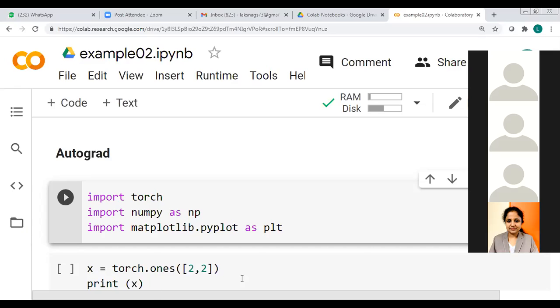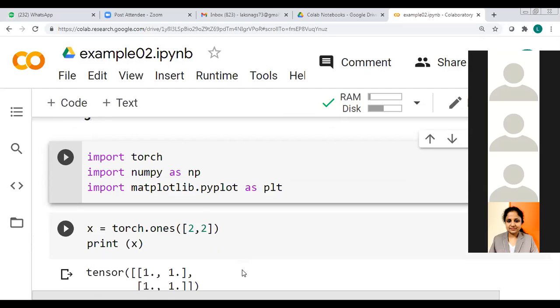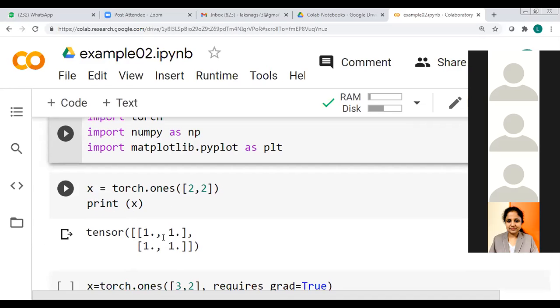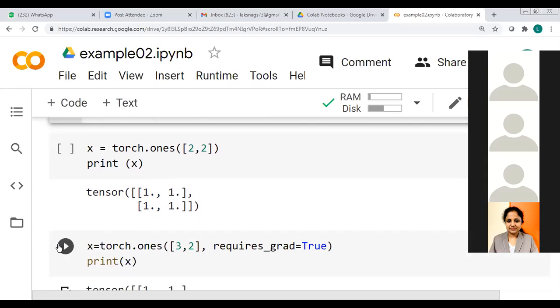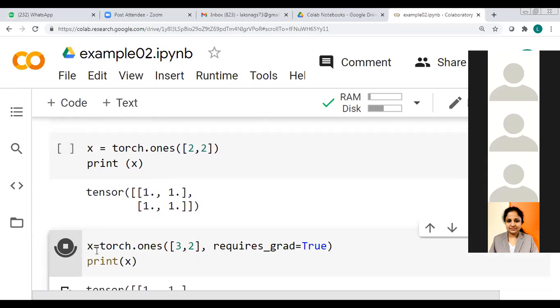So here, what I am trying to do is perform AutoGrad, that is automatic differentiation. For that, I'm defining an X variable, where X is a 2 cross 2 matrix with all the values as 1, right? So when I print X, it will be 1 1 1 1. Now, again, I'm sorry, this is not it. So here this is what I'm taking: X is equal to torch.ones of 3 cross 2, and here I'm giving requires_grad